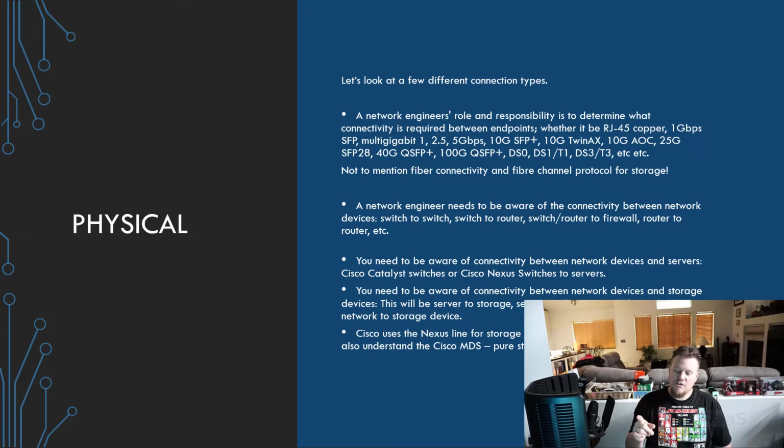the Cisco Firepower 1010 appliances are 100% copper. I believe on the 1120 you do have SFP ports, so you can run fiber. And if I'm not mistaken, it's on the 1140 series where you finally get 10 gig SFP plus connectivity on those Firepower devices. So when you're designing out a network and wanting to understand speeds, well, what devices do you have? What devices do you need based on your overall speed requirements and things like oversubscription?